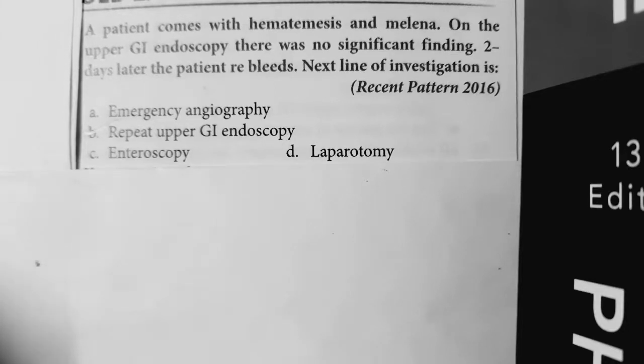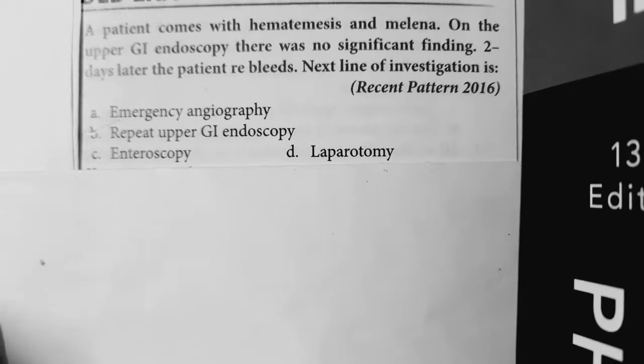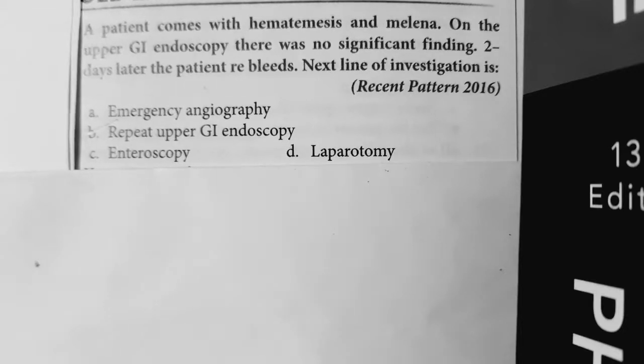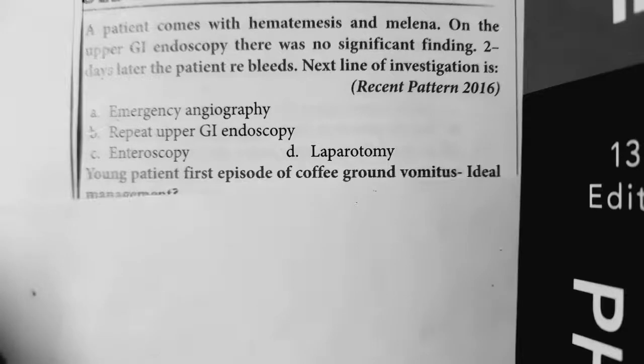Actually, the upper GI hemorrhage can be localized by endoscopy within 24 hours of bleeding. So, in selective cases, early endoscopy is done in 6 to 12 hours. If endoscopy does not localize the site, then re-endoscopy should be done during the second episode. And even after doing the endoscopy again for the second time, if you are not able to localize the bleeding, then you should do angiography. Angiography is advised.